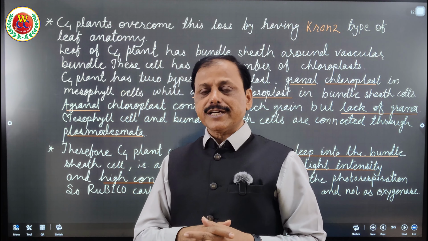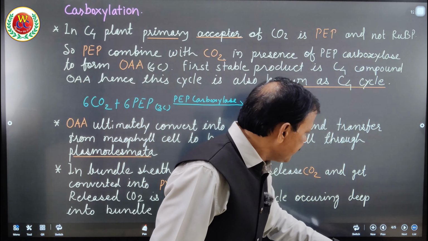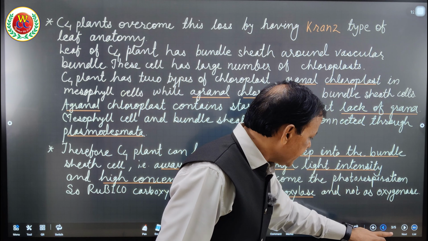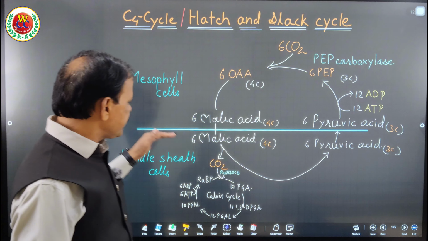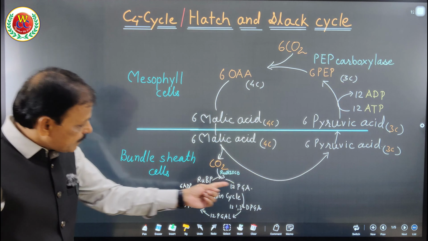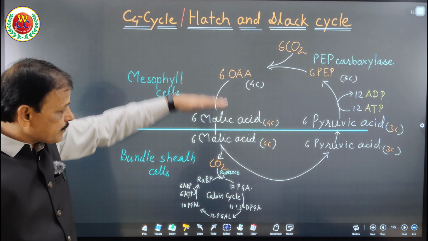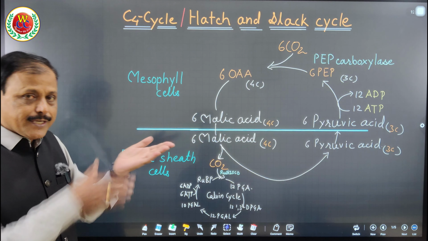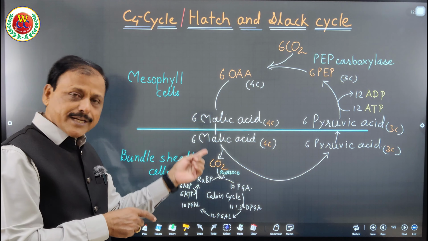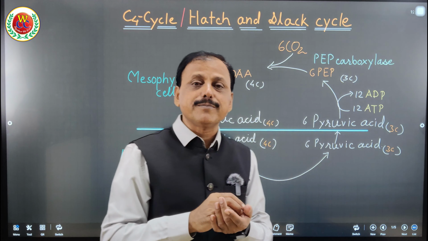Now very important is why the Calvin cycle occurs deep in the bundle sheath cell, away from light intensity and high concentration of O2. I have mentioned here the mesophyll cell and bundle sheath cell. This Calvin cycle occurs deep in the bundle sheath cell, away from the light intensity. Leaf surface, epidermis, mesophyll cell, and then bundle sheath, that is, the midrib. The cells around the vascular bundle are called bundle